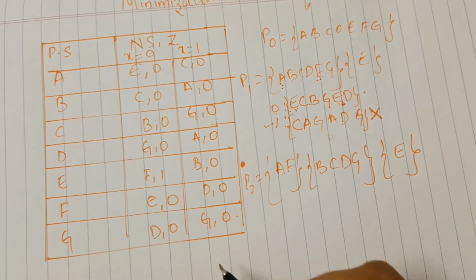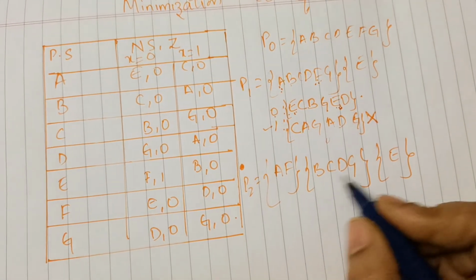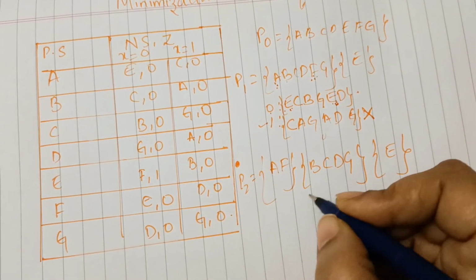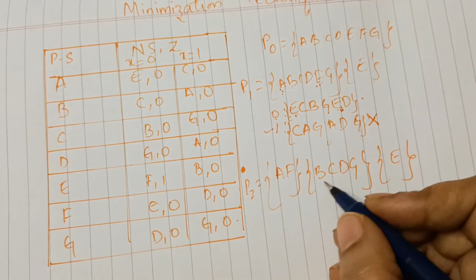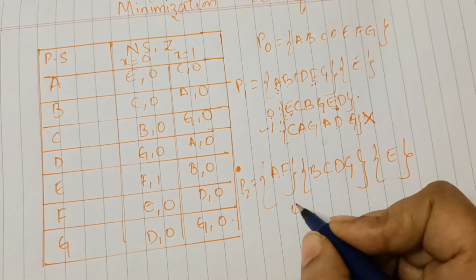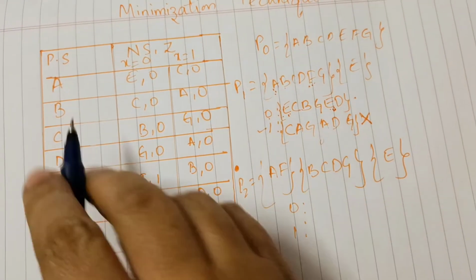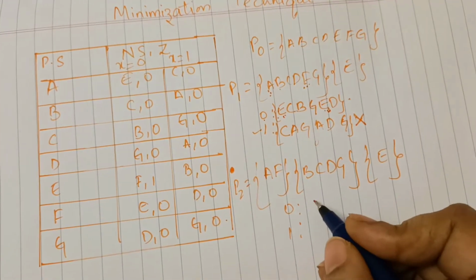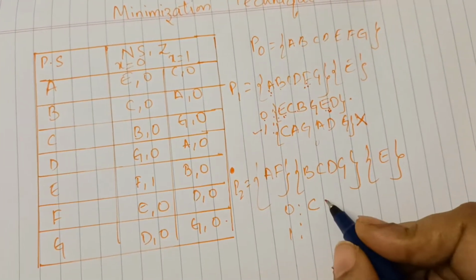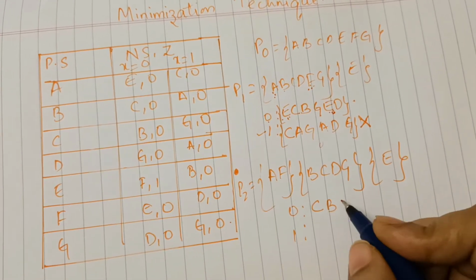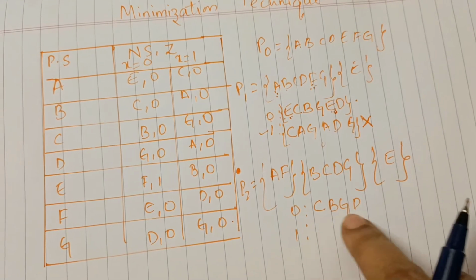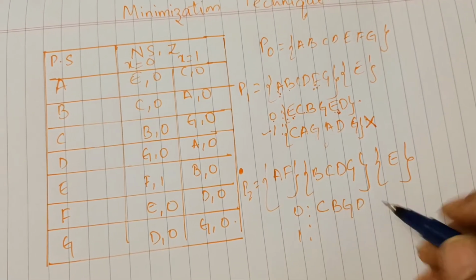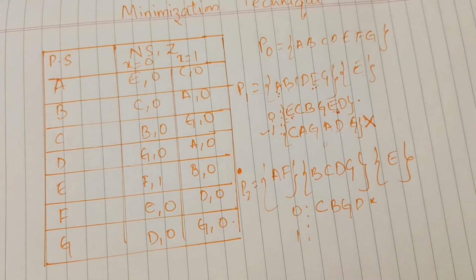Again, next. Next here we'll see for B, C, D. You can do AF also; I'll do it in the next step. Here you see, for the 0 condition and 1. So for the 0 condition, B is C, and C became B. D became G. G became D. All these values are already in the group, so this is perfect, nothing to change for the 0 condition.